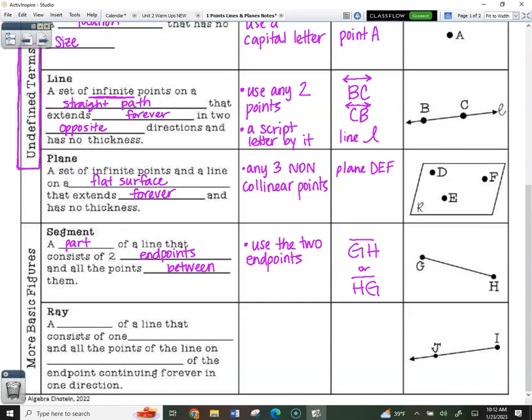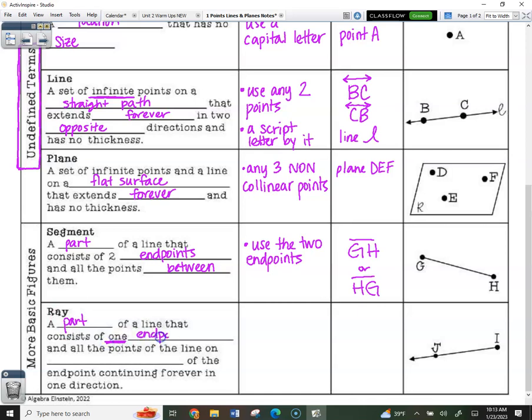Notice the difference between line and segment. Commit to memory: if it has the arrows, it's a line, which means keep going. If there's no arrows, it means start on this letter, end on this letter. Okay? All right, ray. A ray is a part of a line that consists of just 1